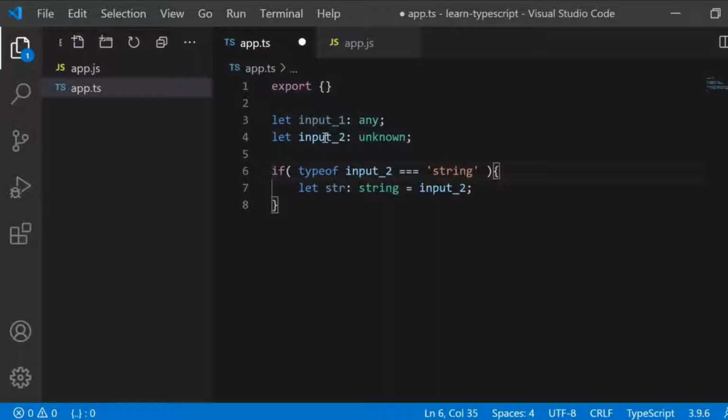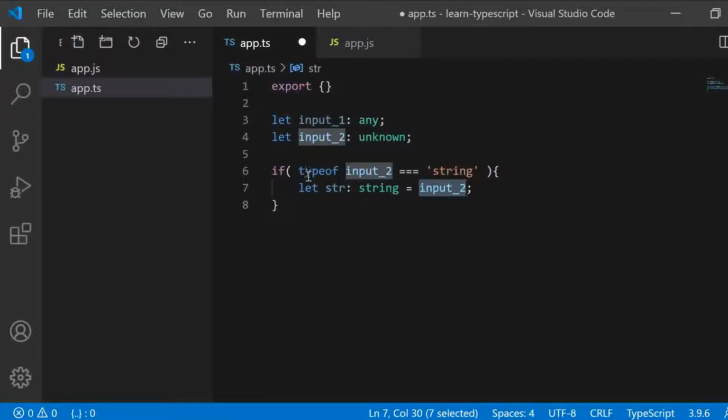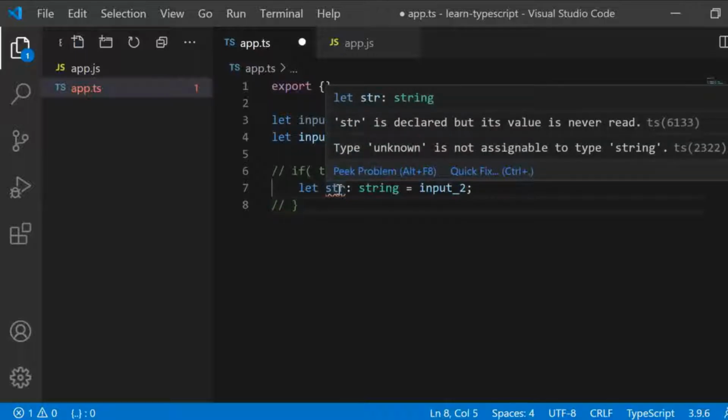Initially, beforehand, we don't know the type of it, but as it progresses, we are telling that the type of input_2 is string, so then it will not complain. But otherwise, by default, if we try to assign an unknown variable to a variable of a type other than unknown, it will show this kind of error.